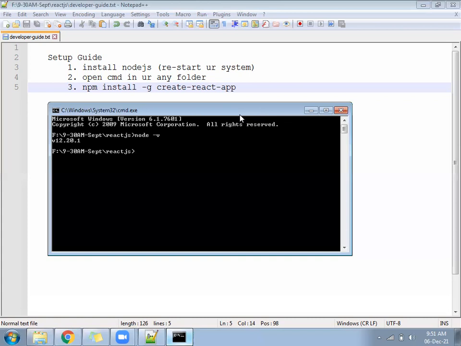15 people out of 30 have it. Others do not have Node.js. Reply quickly. 4 or 5 people are new. It's the first class of React. I'm not asking for new people, if you are new then no problem. Other people have already installed Node.js. So whoever is new can download Node.js and install it. If you are not able to do it now, then attend the class.